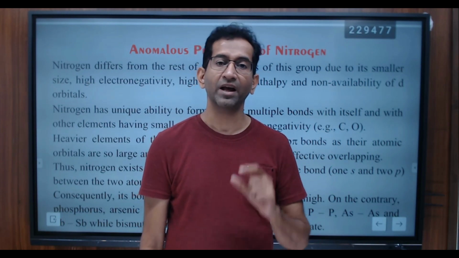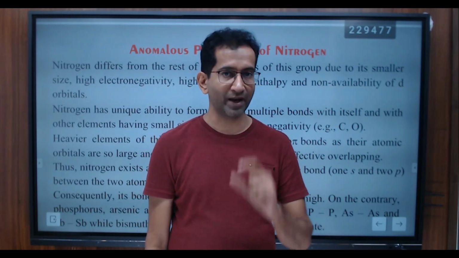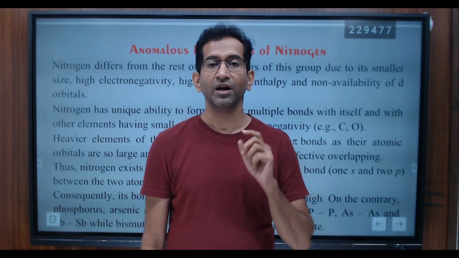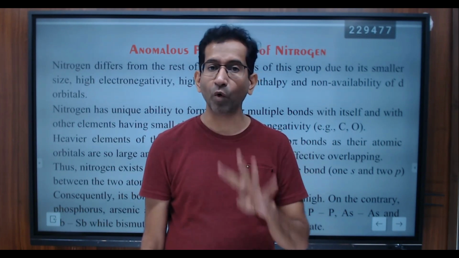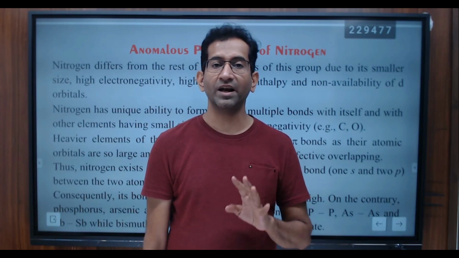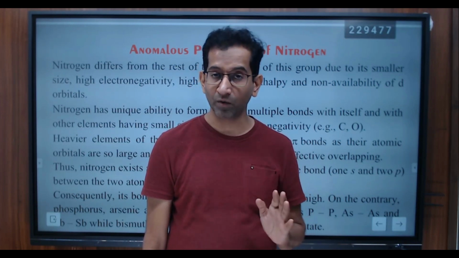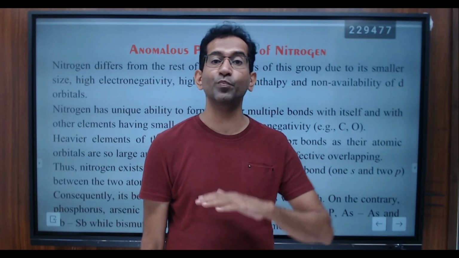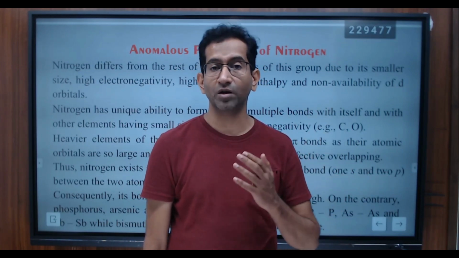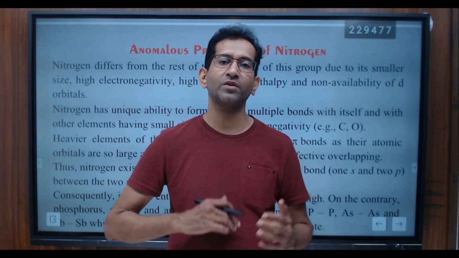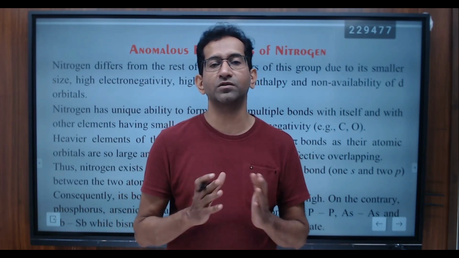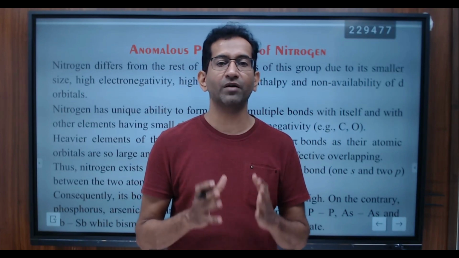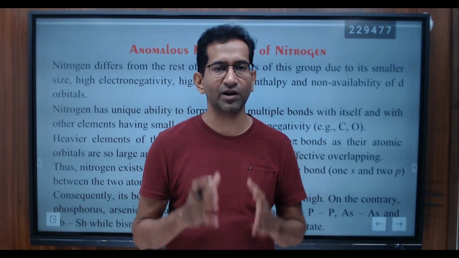If it is a member of the second period, then in their electron configuration the principal quantum number is 2, in which only 2s and 2p, a total of 4 orbitals, are there, so it can allow only 8 electrons around it. No d orbitals are available, and due to that expansion of valence shell is not possible, and due to that some chemical behavior is also observed different. Now let's see the anomalous behavioral properties and points for the nitrogen atom.